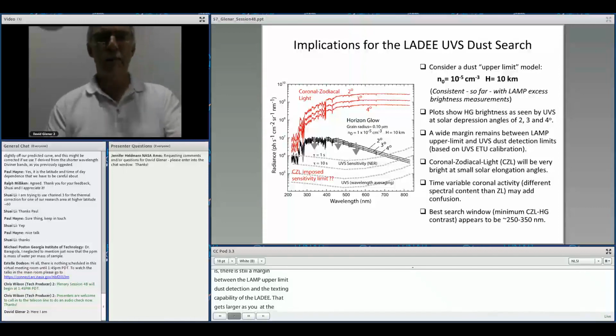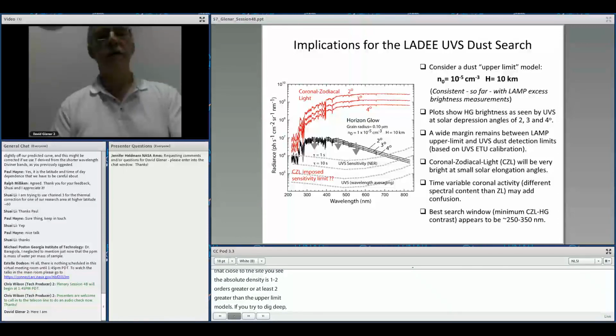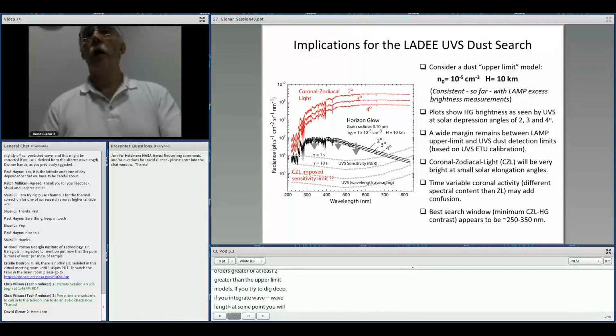because for this kind of measurement you don't need spectral resolution. There's one sleeper in this whole problem that's getting recognized, and that is the intensity of coronal zodiacal light. At that close to the sun, you see the absolute intensities. It's at least 2 orders of magnitude brighter than these upper limit models. So if you try to dig really deep, if you co-add in wavelength, at some point with any detection, you're going to be limited by small fluctuations in the CZL,